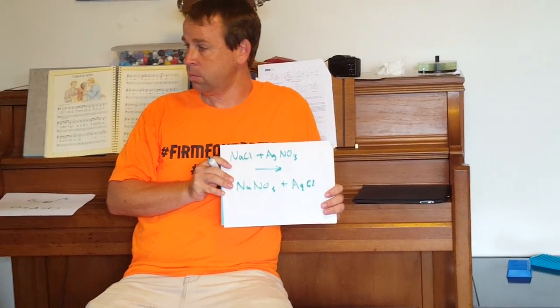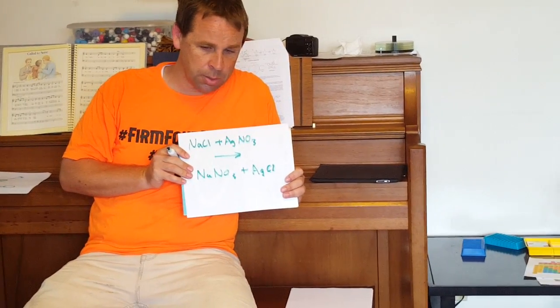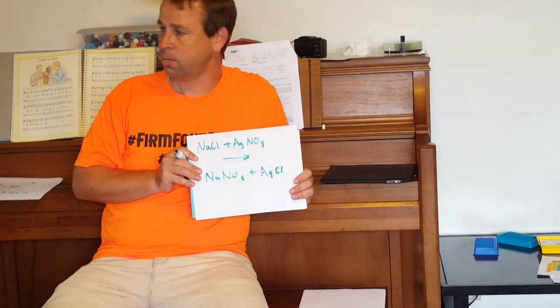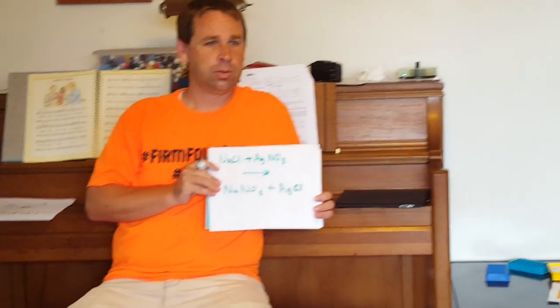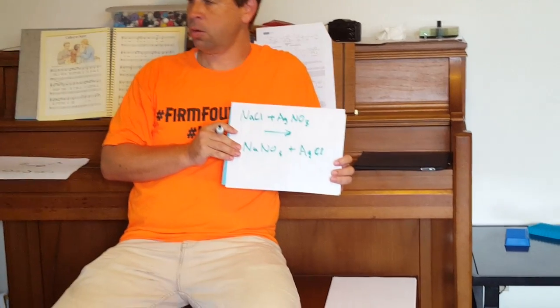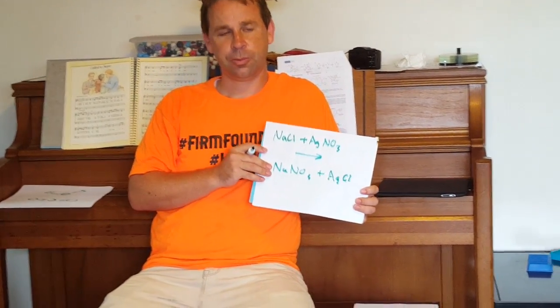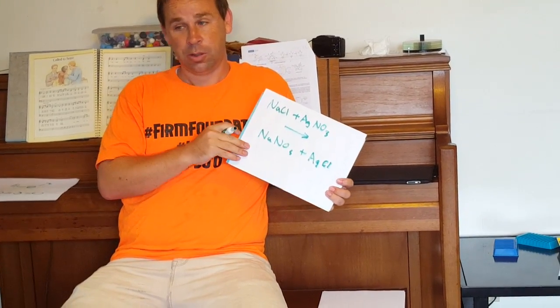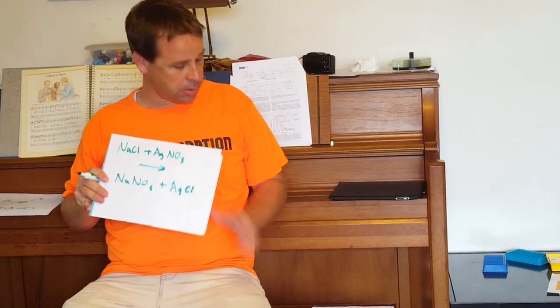How do we know that? Because group 7 makes it soluble unless it has silver or lead. What rule is that on our solubility rules? Rule 5? No, I don't think it's rule 5. Where's rule 2? Oh, it's rule 3. All chlorides, bromides, and iodides, salts containing chlorine, bromide, or iodide, are soluble except when combined with